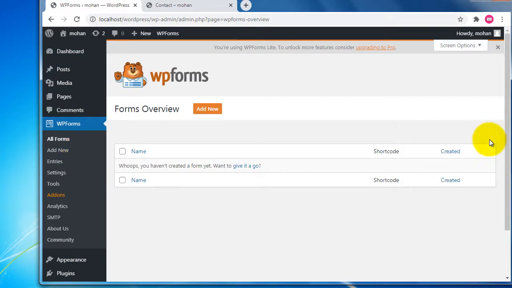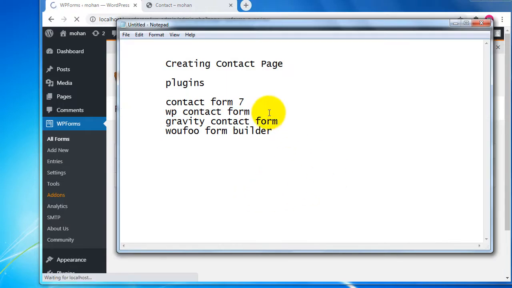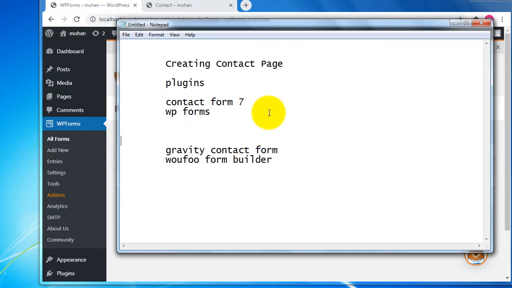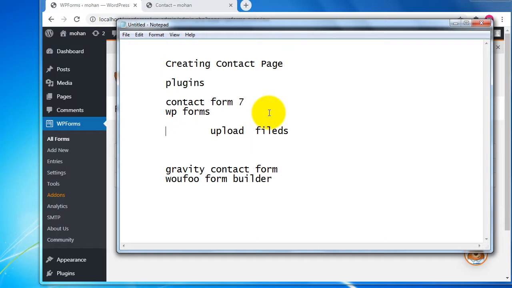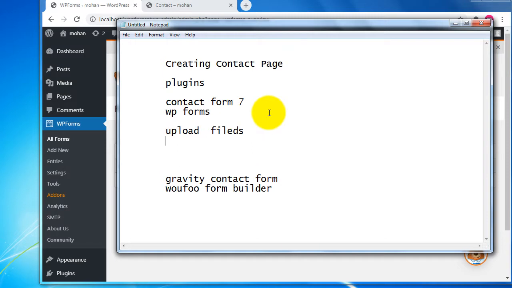Okay, what are the uses of WP Forms? In WP Forms we can use multiple fields. Not only username, mobile number, email ID and comments, but we can also insert upload fields. Those are very advanced features in our feedback form.